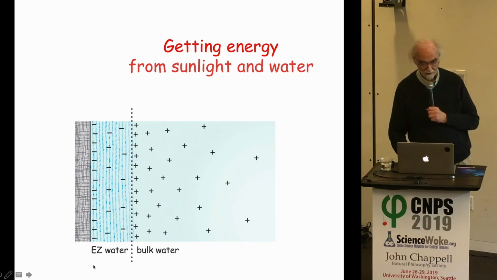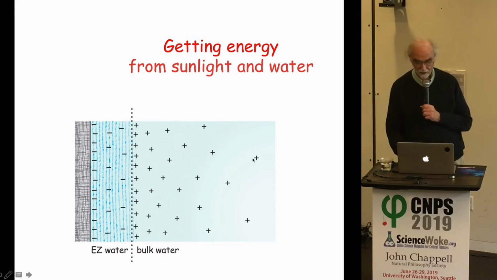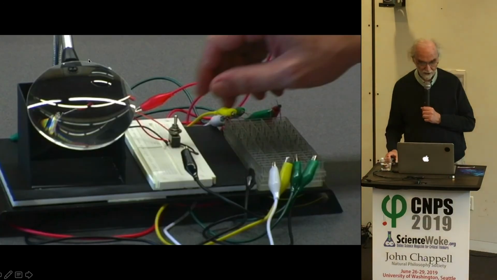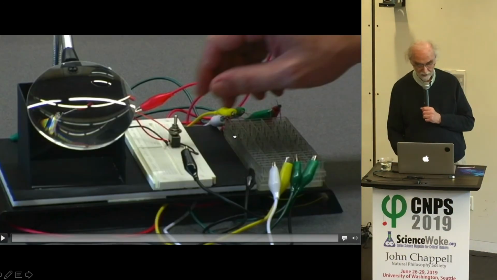By now you're familiar with this. This is a hydrophilic surface next to water, EZ. And over here we have the proton sitting in the so-called bulk water. The idea is you put two electrodes in, and if you have enough energy, you ought to be able to light a light bulb and get energy in some way. And we've achieved that and demonstrated it. What you see here looks complicated, but it's not. Here we have a whole bunch of cells that contain naphthalene and water and pairs of electrodes built in. Here we have a switch, and there's an LED light underneath this magnifier.